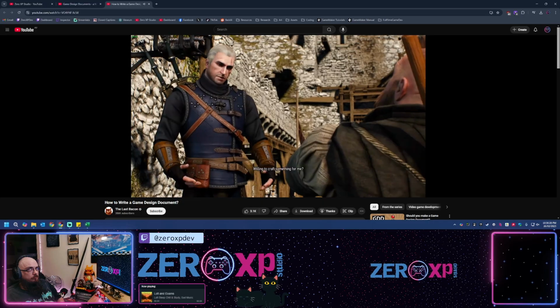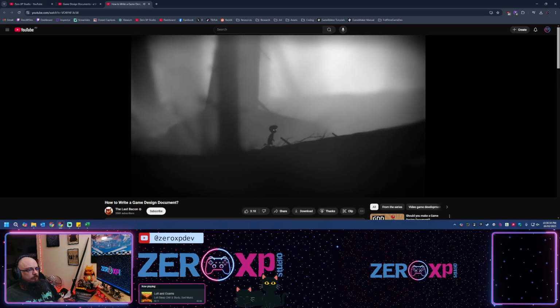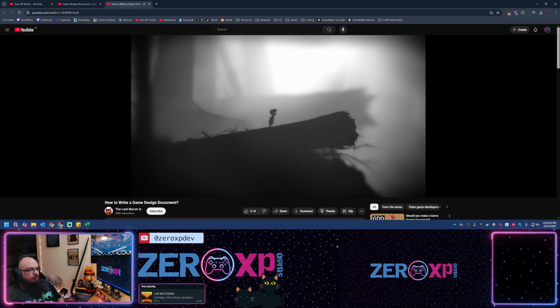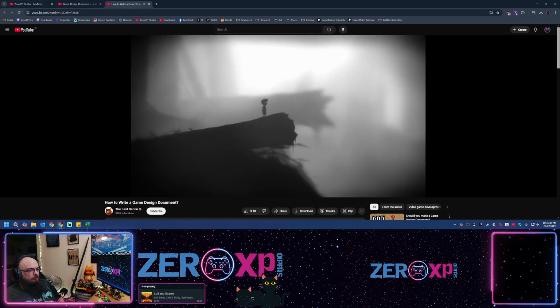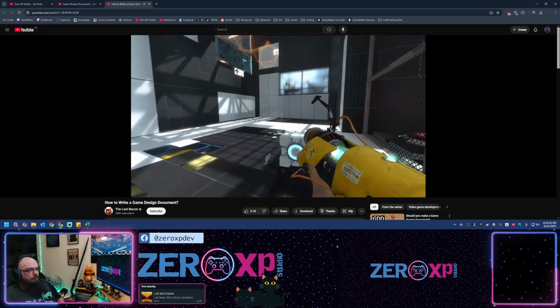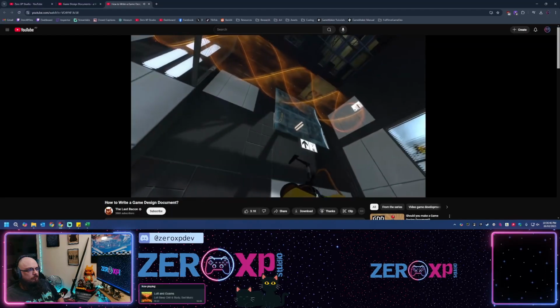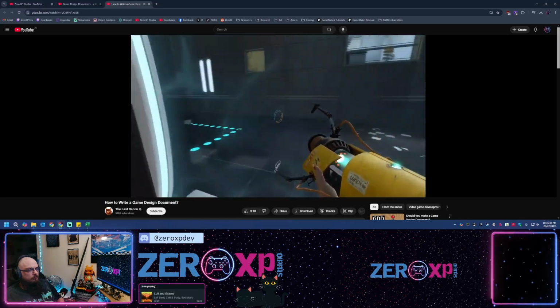After this, the next segment should be gameplay. Here you want to touch up on the core and secondary loops of your game. How will you keep the player engaged? How does this break down into mechanics and into dynamics, which if you've seen my MDA breakdown you should already know. And this can also include other optional sections depending on what your game is and what type of interactions there are in the world.